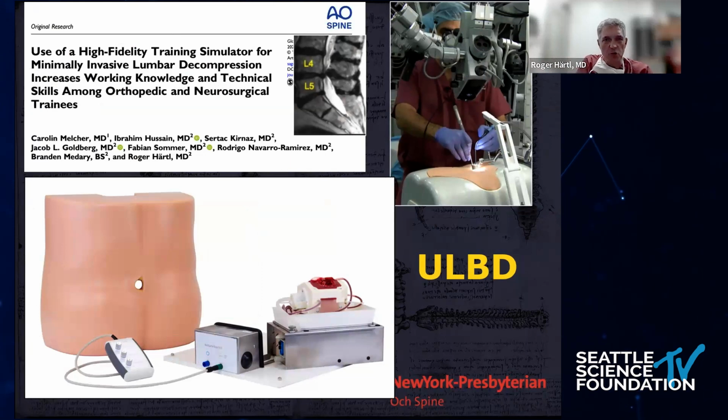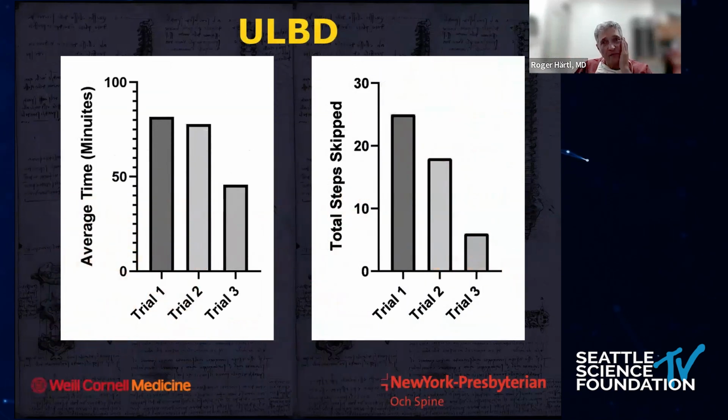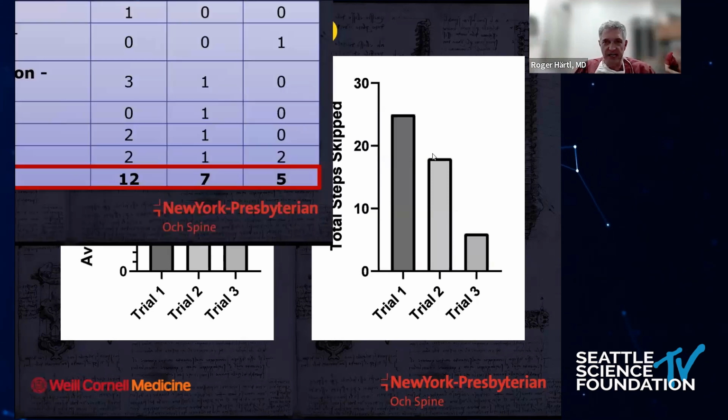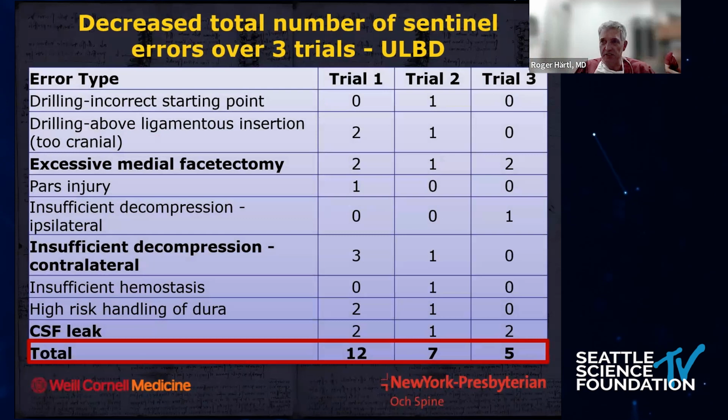So one study that we did through the AO was utilizing these educational materials from the task force. We had 12 surgeons work on a real spine model to do an over-the-top decompression 3 times in a row using this educational material. What we saw with surgical simulation with these real spine models was that the time of the surgery decreased from the first to the third surgery in these 12 surgeons. And also the number of mistakes that the surgeons made decreased. The number of incorrect starting holes for the drilling, pars injury, CSF leaks, all these complications decreased over time.